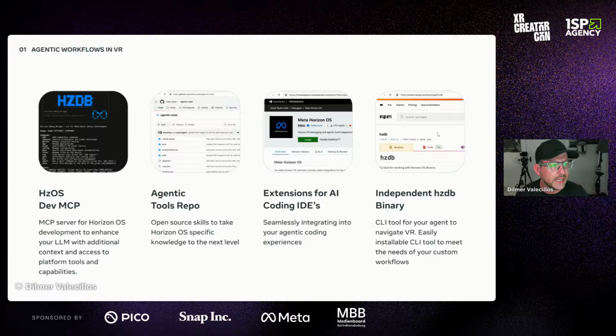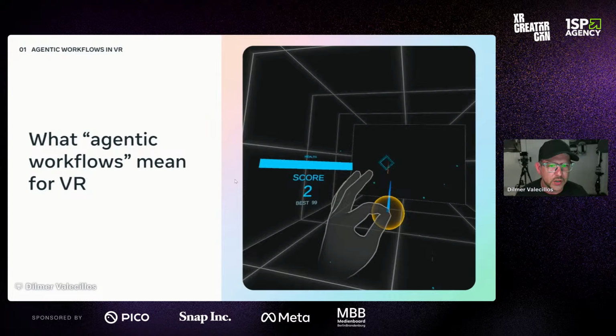And then there's also an independent HZDB binary that we have available in NPM. That's important if you want to use it for continuous integration. If you have a bigger team and you want automatic deployment set up, you can add that to your workflow. So there are a lot of different tools, but the end result of all of them is thinking about how you can take advantage of agentic workflows by using some of the tools that we are providing. So what agentic workflows mean,